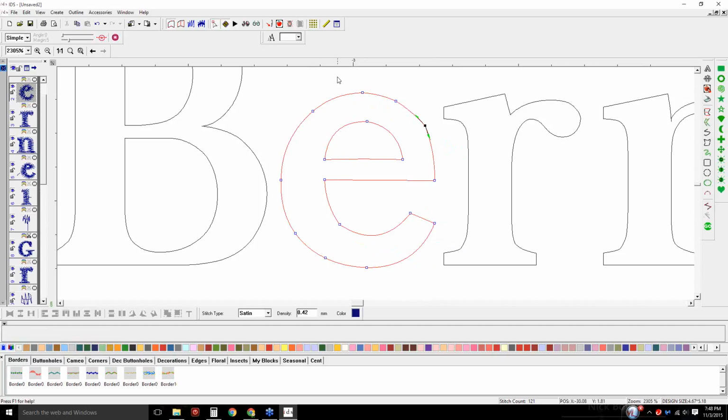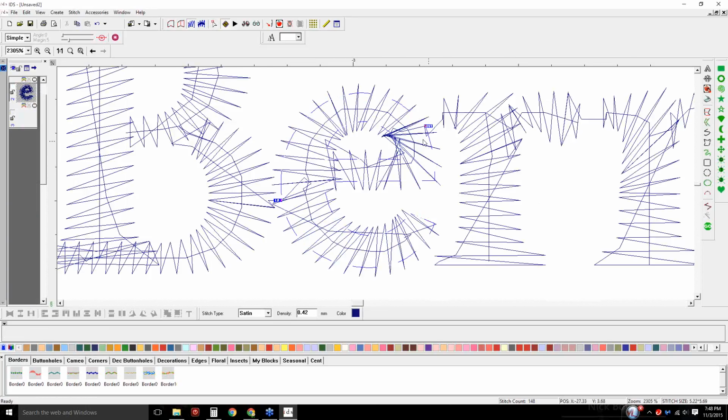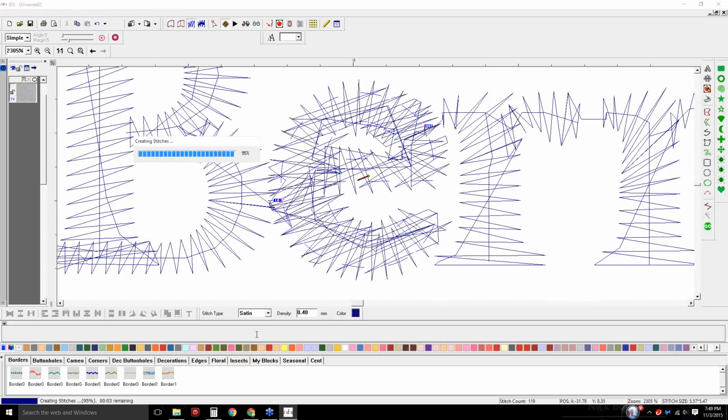All right, so now let's just make sure our points are lining up pretty good, because that's going to determine how well the satin forms. And let's go ahead and put stitches in it. Now I'm not going to leave this here because my blocks are a mess. I'm going to come down. If you follow my mouse down here, I'm going to say complex, back to satin,